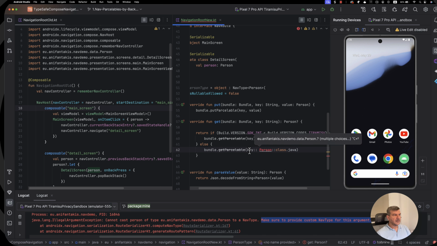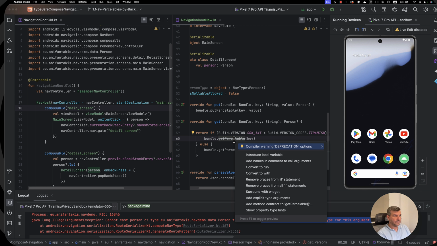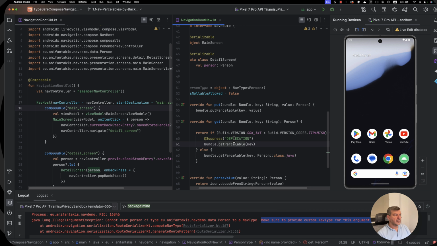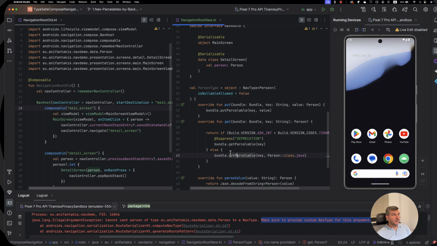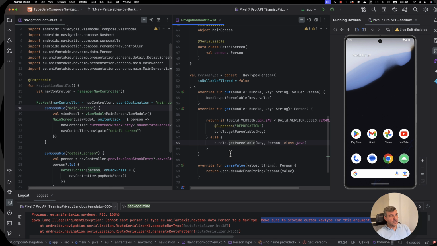okay, comma, Person::class.java. Okay, so that's it. Also, let's get rid of the strikethrough. And we are supposedly good to go, but